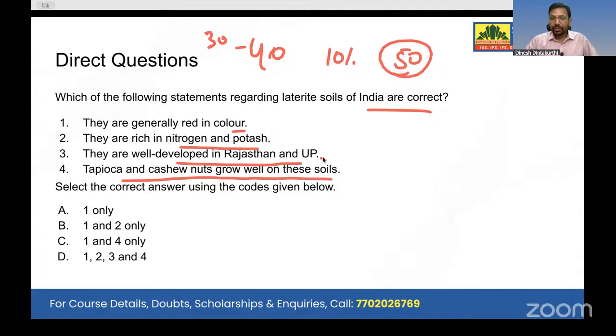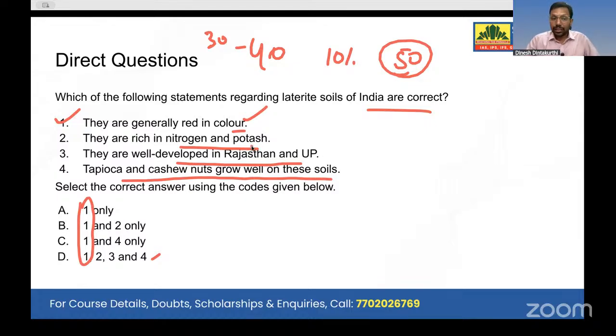Now look carefully. Rajasthan and UP. So Rajasthan and UP have alluvial plus desert soils, but not this type of soil, right? So you eliminate one option here. But see, there is a bonanza here. All the 4 options contain one of the options, yes. From this logic, you may go backward and get one or more options. Not all options, but at least one or more options, right?